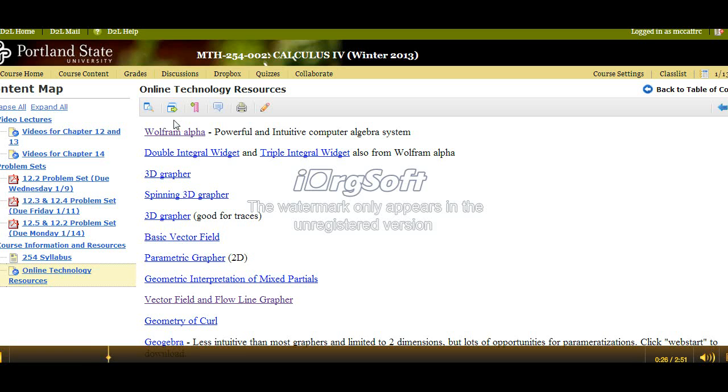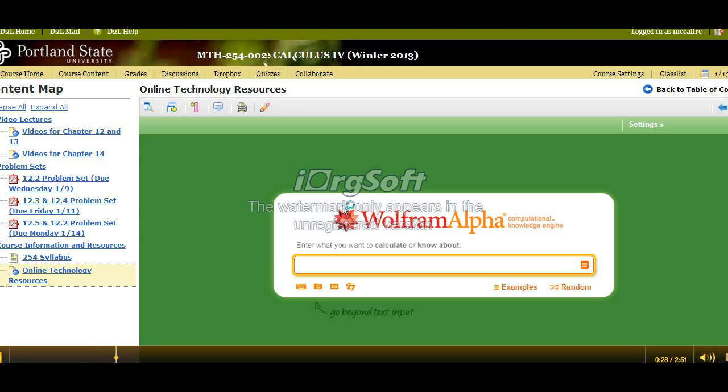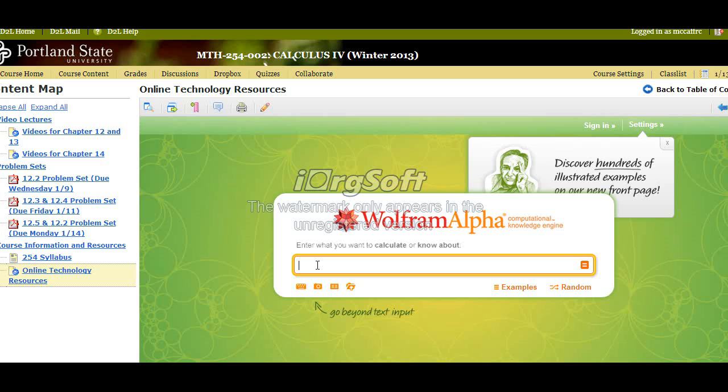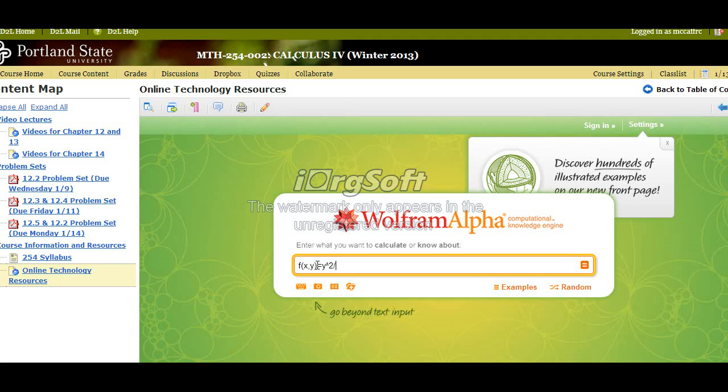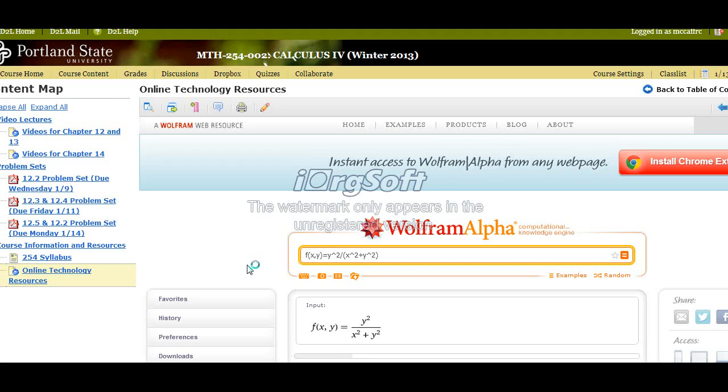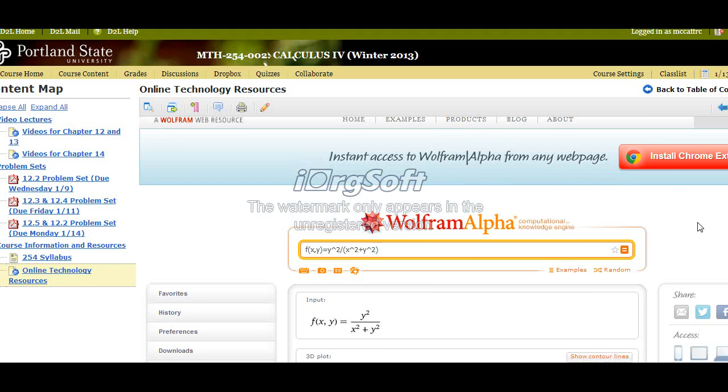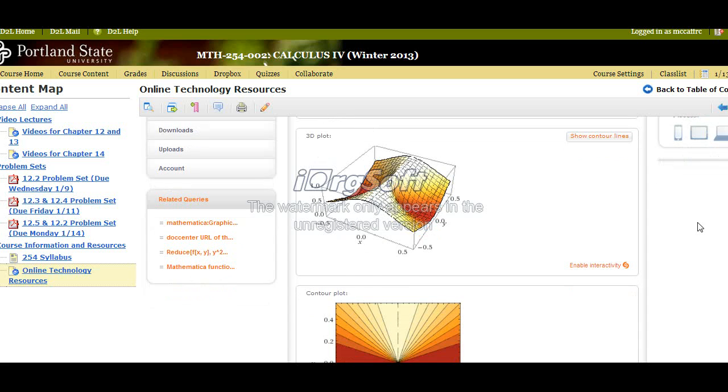And there are a lot of different ones that I could choose, but let's go ahead and take a look at this function using Wolfram Alpha. So I'm looking at the function f(x,y) = y² / (x² + y²). And Wolfram is pretty forgiving about syntax, so if I ever have trouble, I can always look at an example. Here, it looks like the graph is represented with the x-axis here and the y-axis here, and it looks like